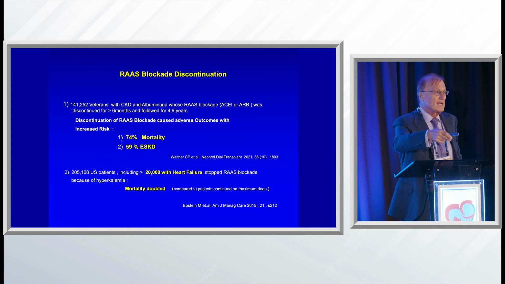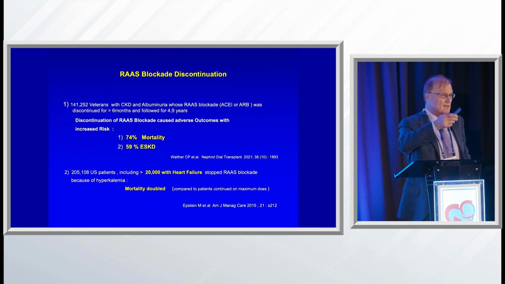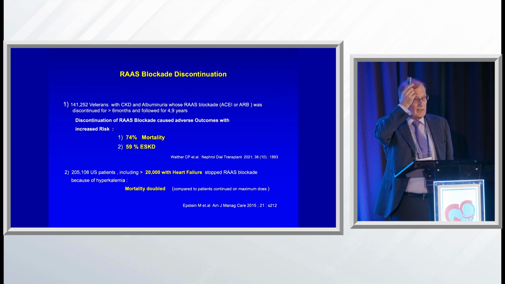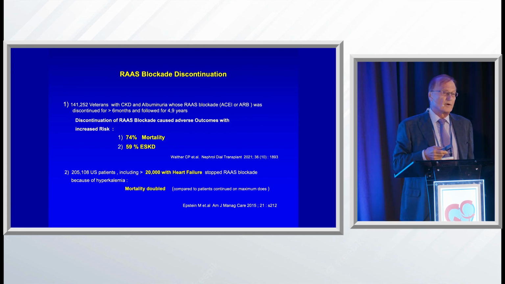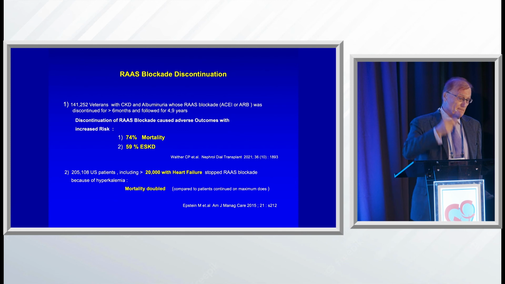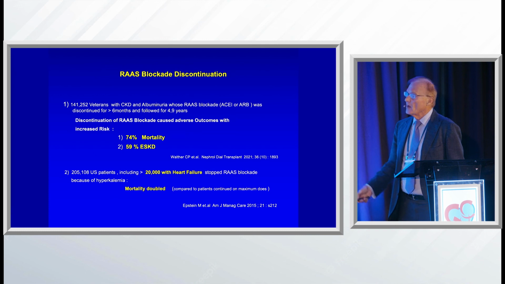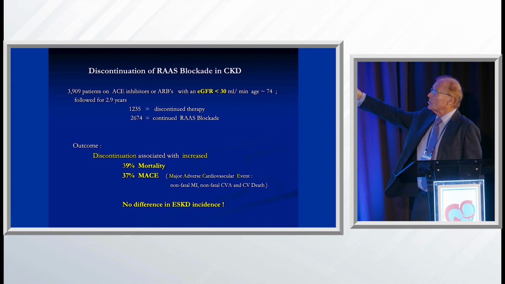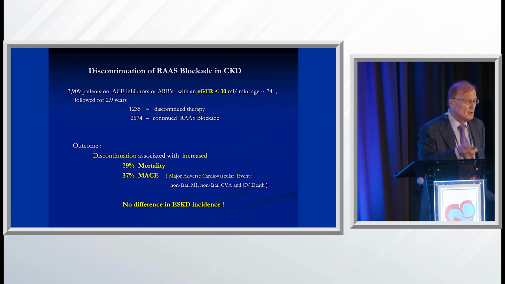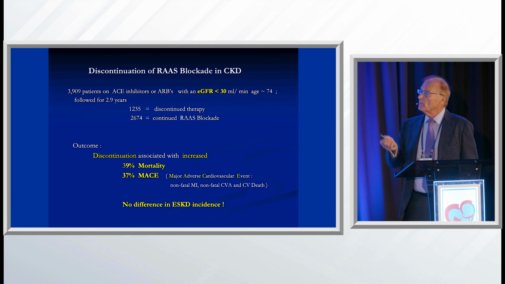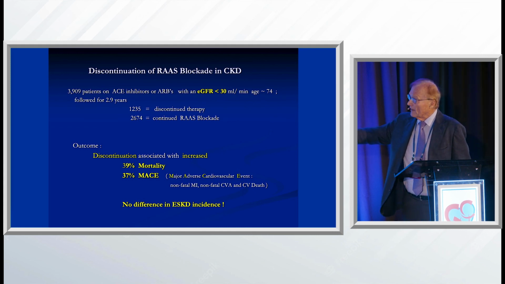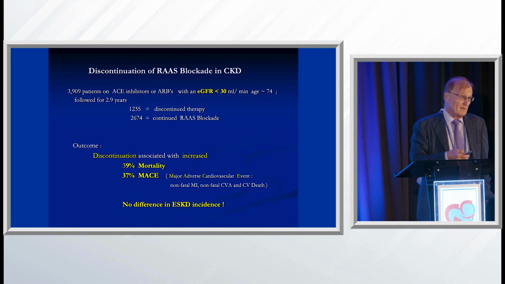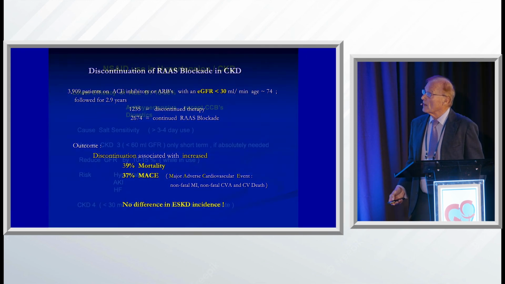So now you have these potassium binding agents, like zirconium, and the sodium, calcium, and magnesium exchangers. So basically, what I'm telling you is, if you have hyperkalemia, you can stop it temporarily, but you need to restart it. Discontinuation of RAS blockade for whatever reason, there's a third article, even if your eGFR is less than 30, is a bad idea. You don't do the patient any favor from the standpoint of mortality, events, and delaying potentially them going on dialysis.